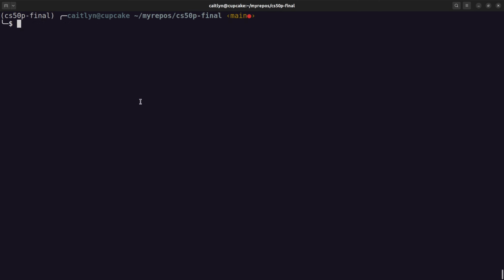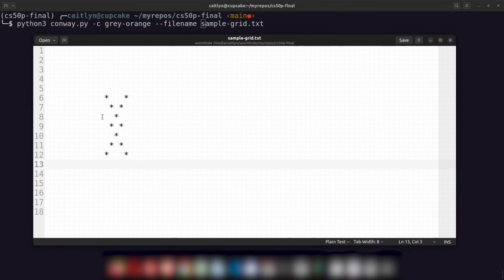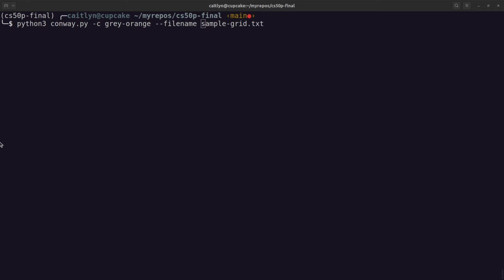Even more interestingly, I can provide a text file that already has a predefined grid that I myself have made by using the --file name and the name of the text file, whose contents are on the screen right now. It really is just the stars represent alive cells. I don't have to do the dead cells. If I have space, they will be replaced by dead cells automatically. Okay, so if I press enter,